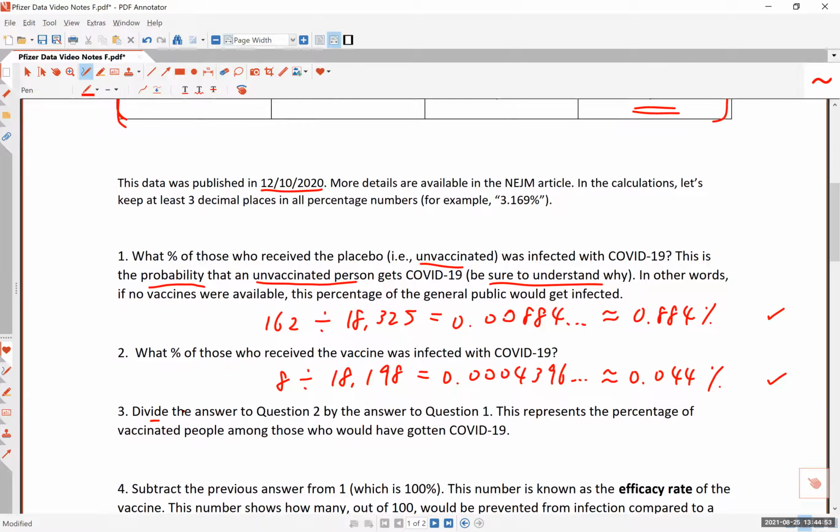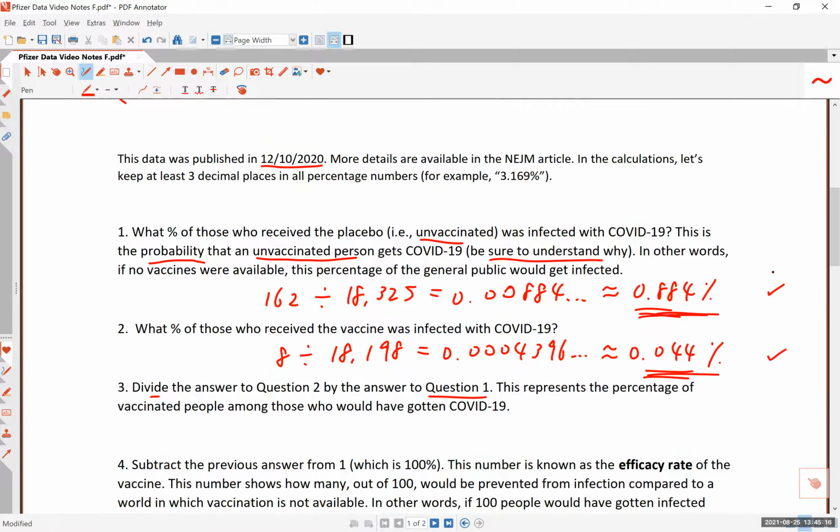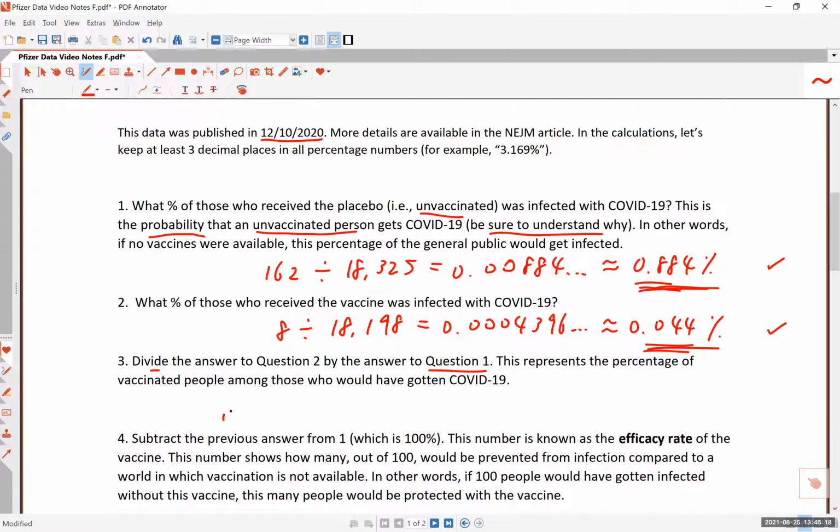Number 3, divide the answer to question 2 by the answer to question 1. So why are we doing this? Well, by dividing this number by this number, we will be calculating what percentage of the people who get COVID without the vaccine would actually be getting COVID with the vaccine, all right? And so let me carry out this division first,